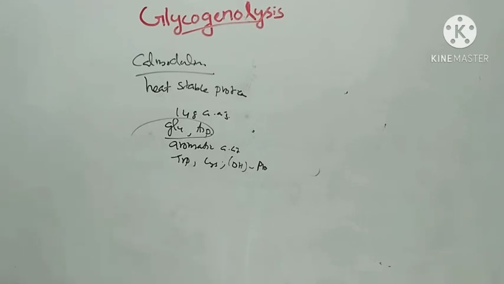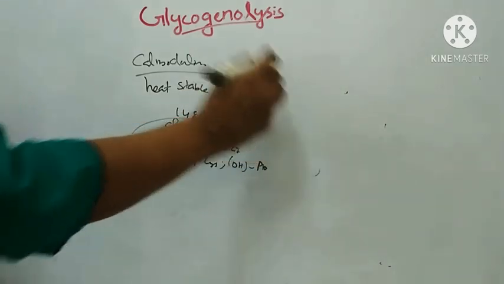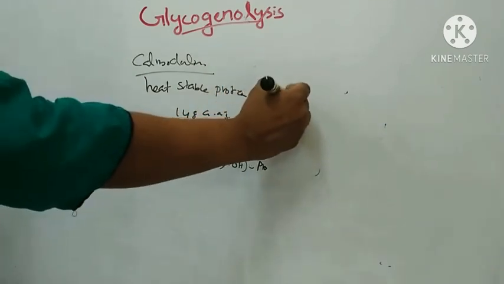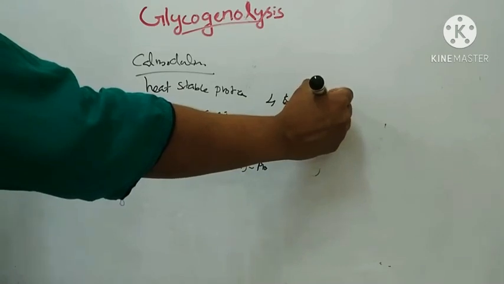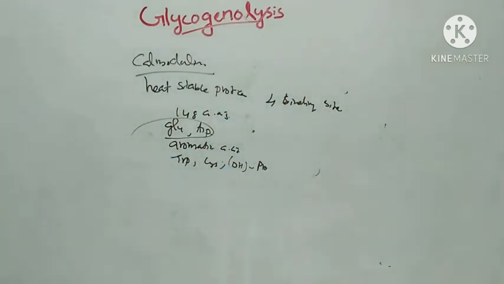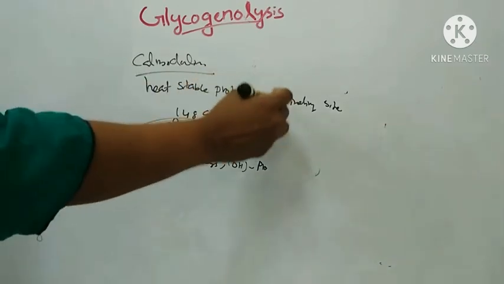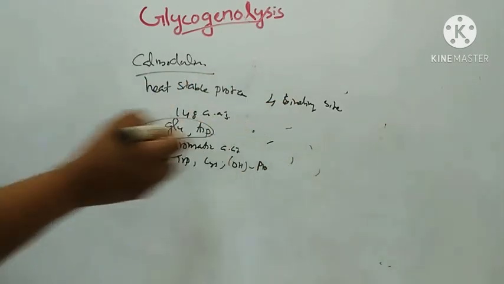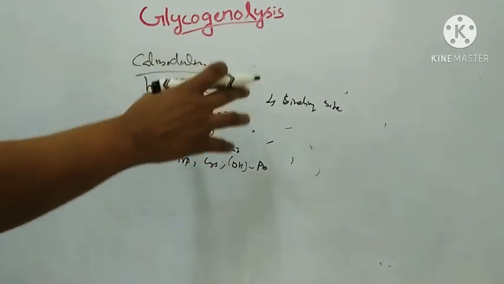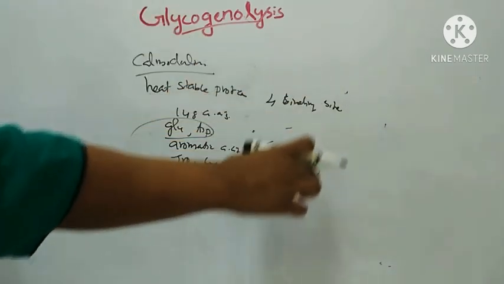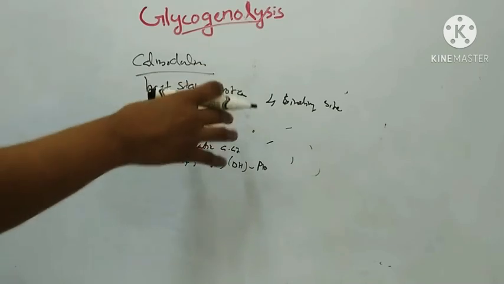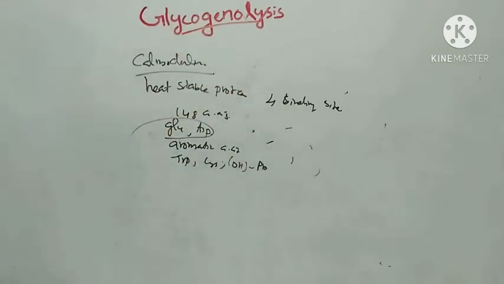And it is a flexible protein with 4 binding sites for the binding of calcium. These binding sites are distributed in 4 domains. It is homologous to troponin C in structure and function. The binding of 4 molecules of calcium in the 4 domains results in a conformational change, and it is linked to activation or inactivation of the enzyme.